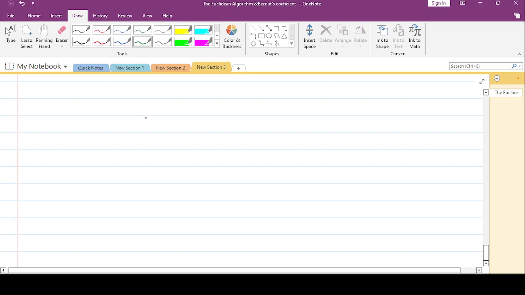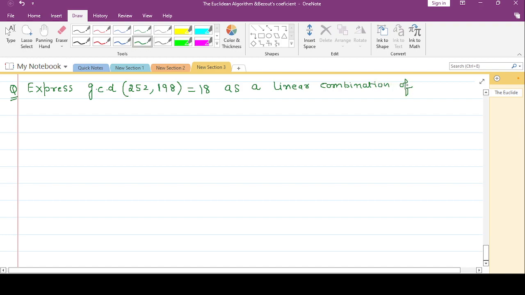Express the g.c.d. of 252 and 198, which is equal to 18, as a linear combination of 252 and 198. So it is a very easy problem. Solution: